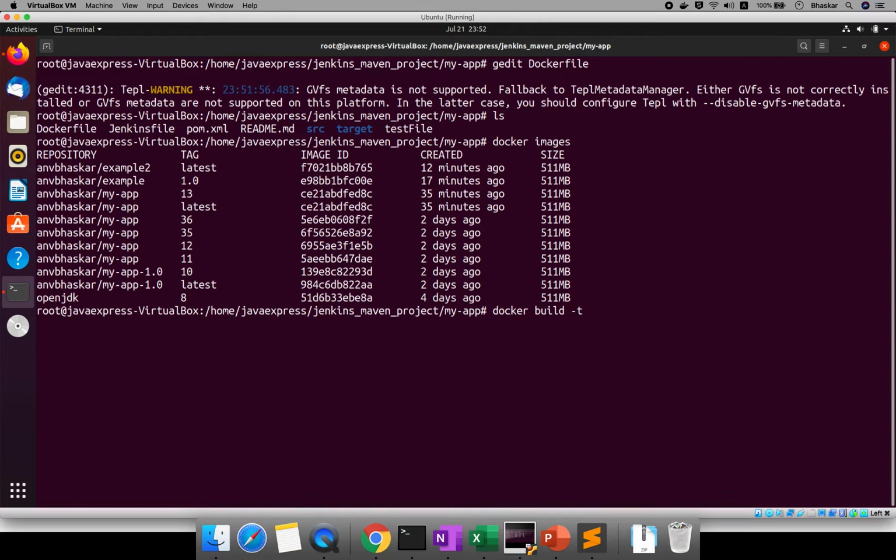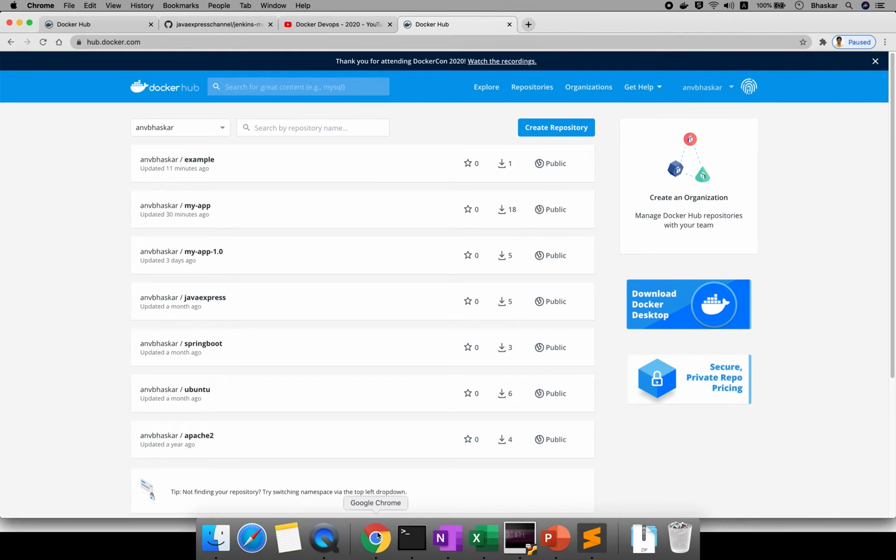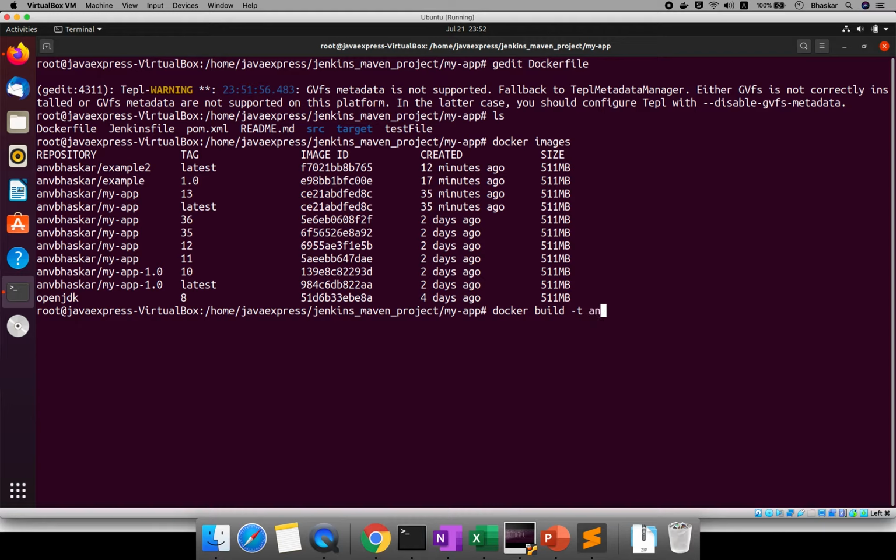If you create a Docker Hub account, you will have a repository name. Your tag name will be there. If you see here, this is my username. While you are registering, you have a username, you need to give this username also. This is my username. Here you can provide your application name, any application name you can provide.